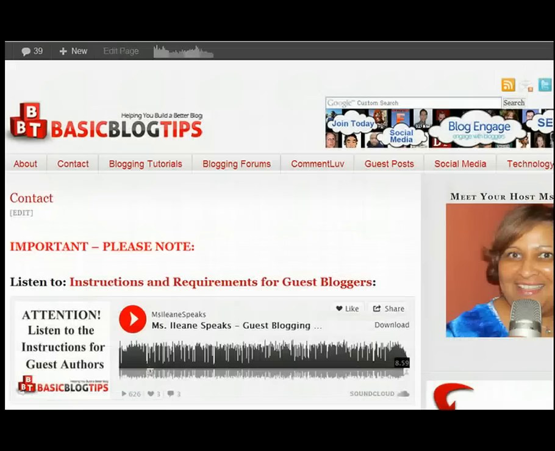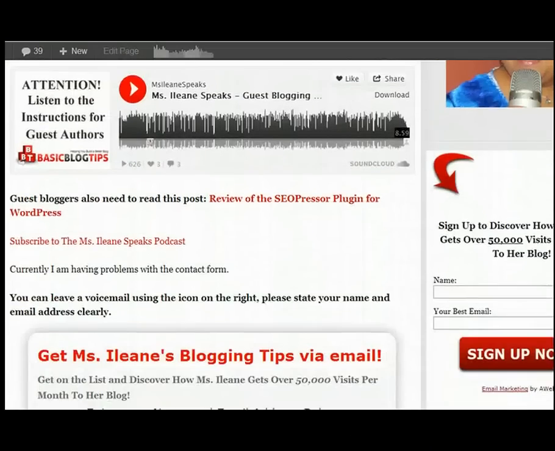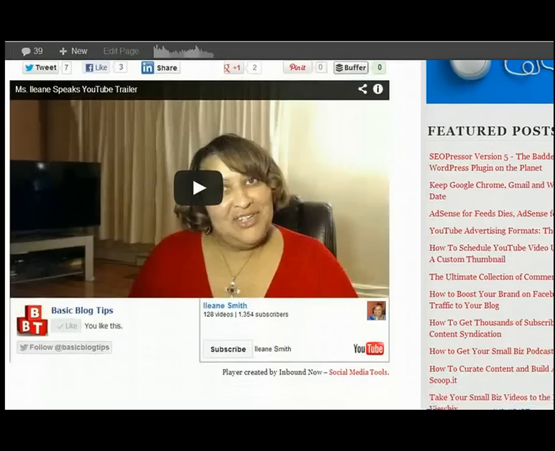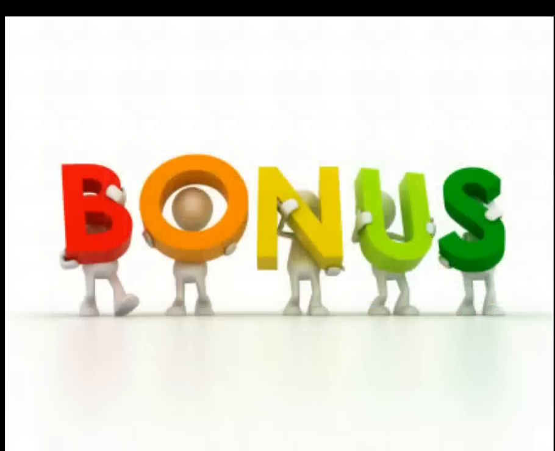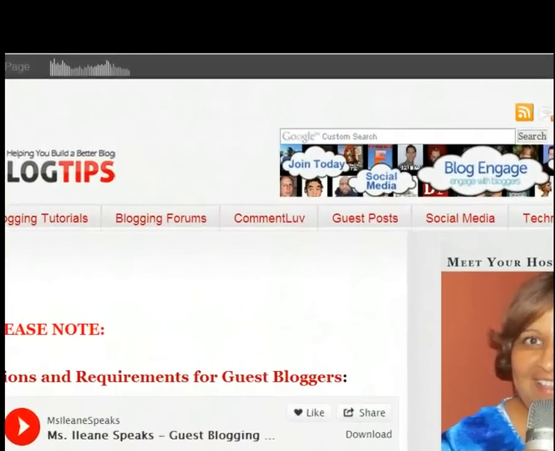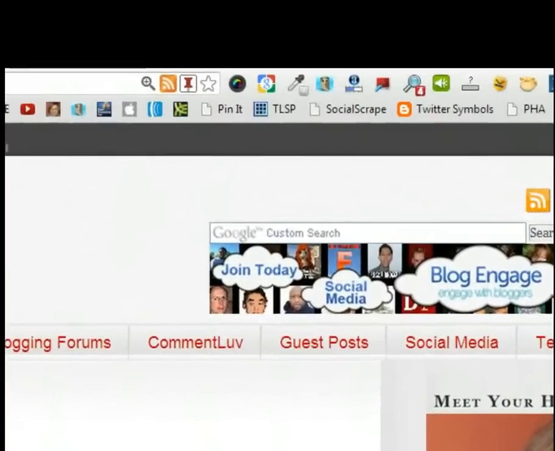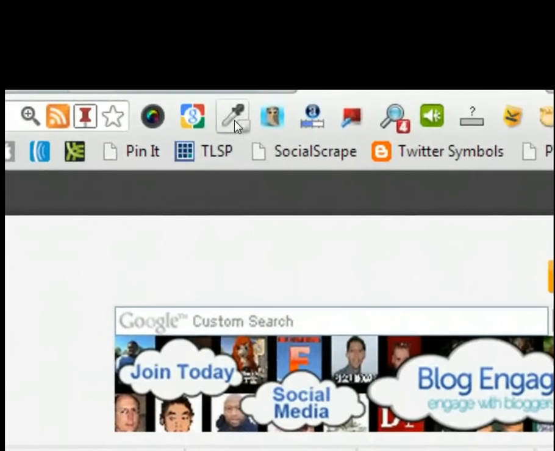Okay, now we're back on the contact page. And voila, there is the box there. Now, here's your bonus tip. One thing that I wanted to do is have the color of the box match my blog. So anytime I want to do a color matching on the web, I use an extension that's called Colorzilla. Now, you guys didn't think I was going to get through this whole tutorial without talking about Chrome extensions, did you? So you come up, use Colorzilla,